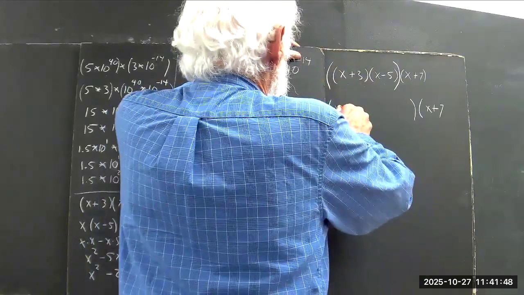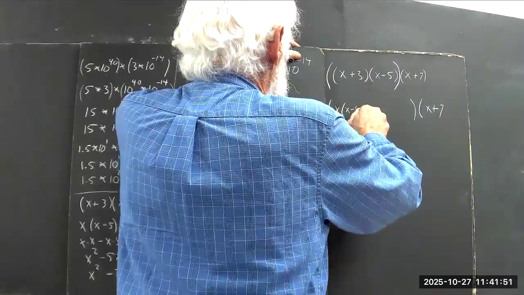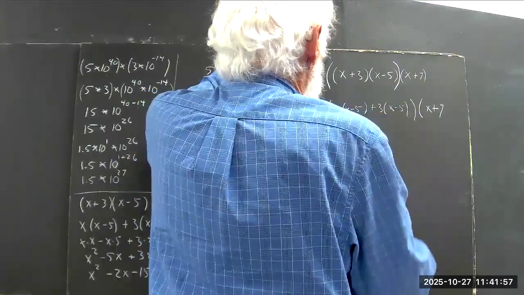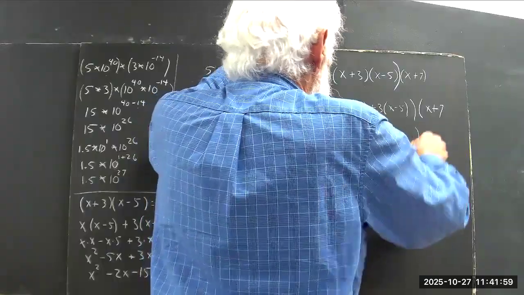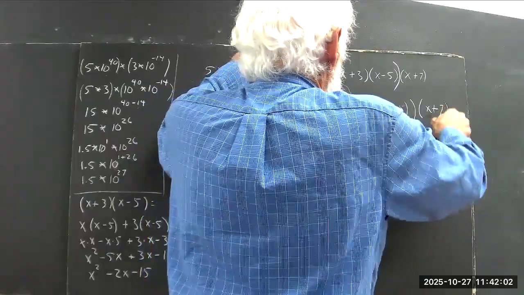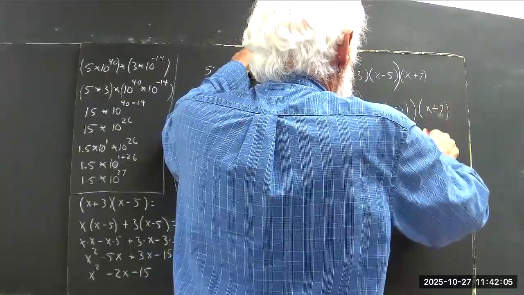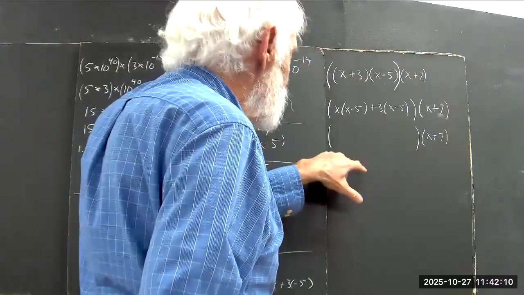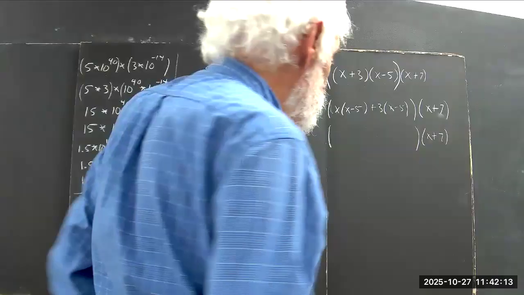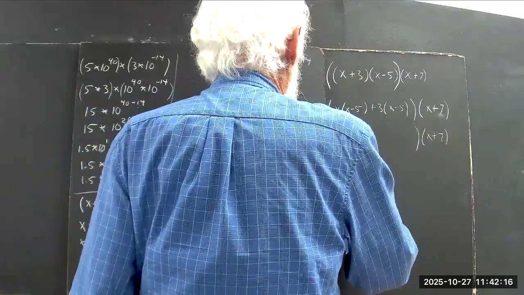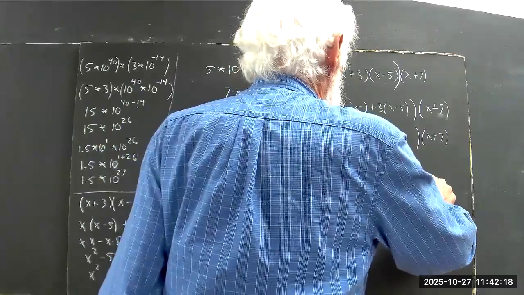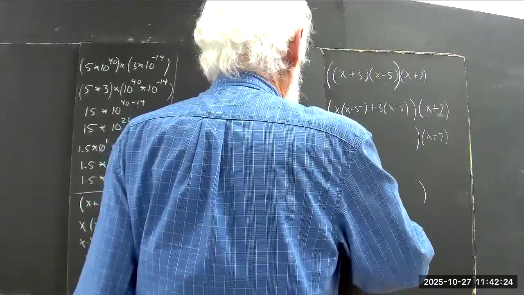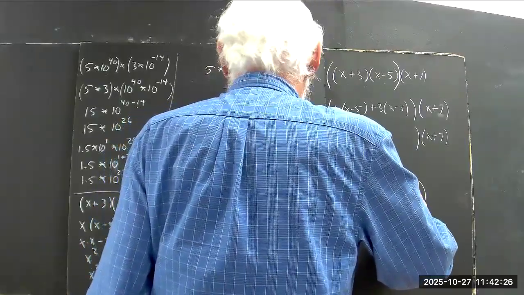Okay, well, that's, of course, just as before, x times x minus 5 plus 3 times x minus 5. Now you go to the next step and you put parentheses around whatever you're going to get here. Grotesque looking 7. And do the next step in these parentheses. Okay, and finally, you fill in the steps, which I'll fill in while you're working because you know what the steps are, everybody's got them. You're going to have x squared minus 2x minus 15